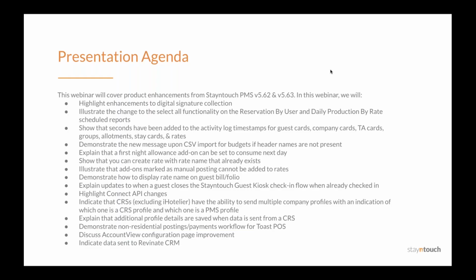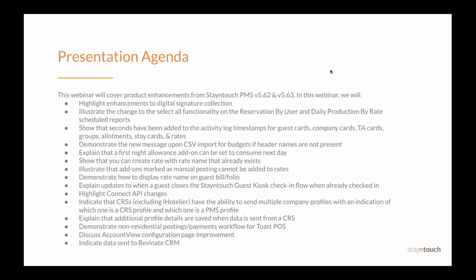Today's presentation will cover how you can get the most out of the Stayntouch PMS version 5.62 and version 5.63 product releases. In this webinar, we will highlight enhancements to digital signature collection, illustrate the change to the select all functionality on the reservation by user and daily production by rate scheduled reports, show that seconds have been added to the activity log timestamps for guest cards, company cards, TA cards, groups, allotments, stay cards, and rates,